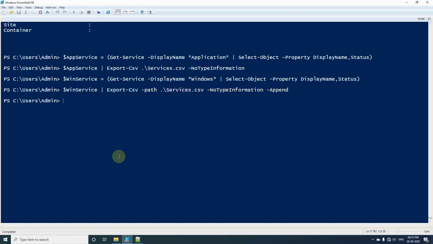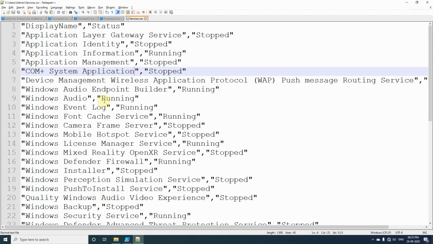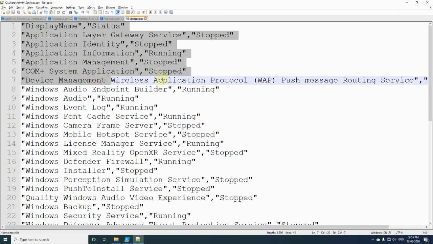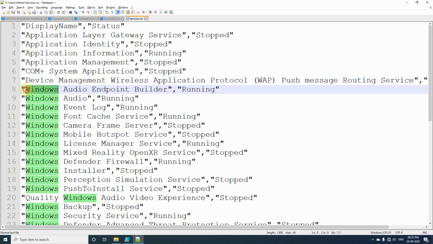After executing this, if I verify, you will see that previously we had only this much data in this file, and after we appended new data, it contains other services as well. So this is how we have seen how we can use the keyword called append while exporting objects to CSV.